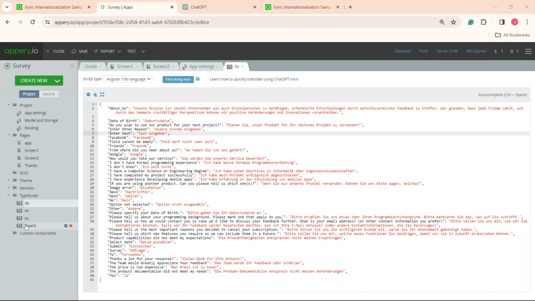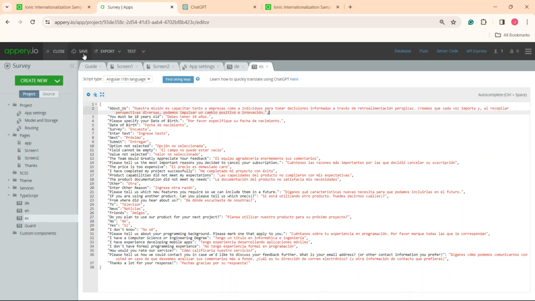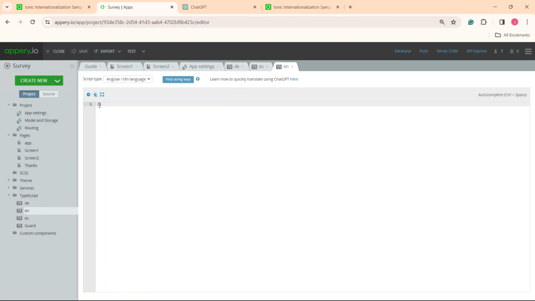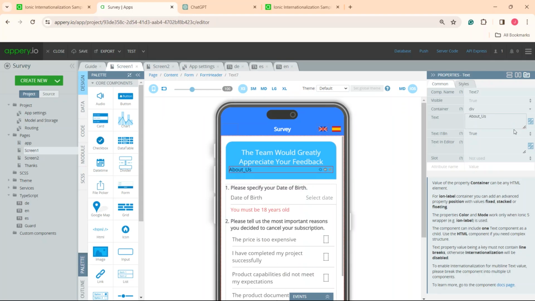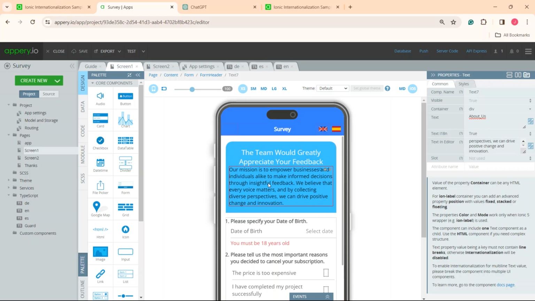Then do the same for all the TypeScripts, but mind the correct translations for each. Provide the key for the English file as well. When done, open the page and add this key name as the text property. To make sure the text looks okay on the page, you can also paste the text value into the Text